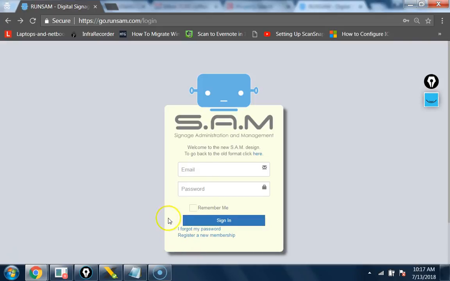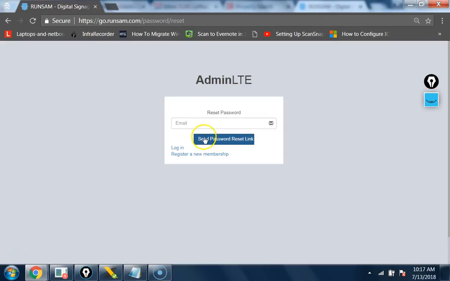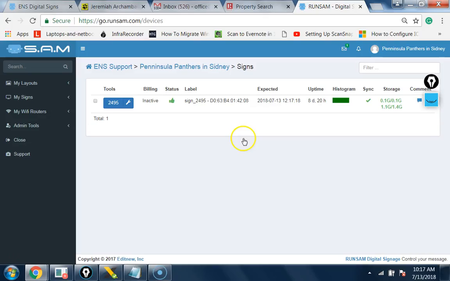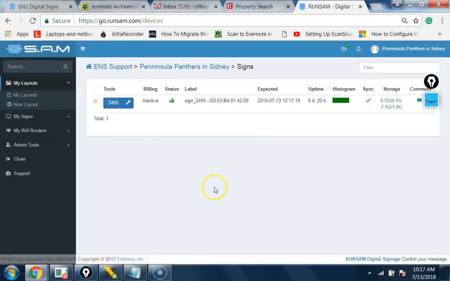Oops, that's registered new sign up. Here we go, I forgot my password. Put in your email address and click send password reset. Now, once you do that, once you log in, what you're going to see is an interface that looks something